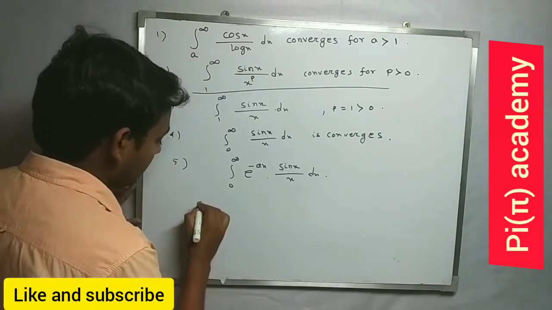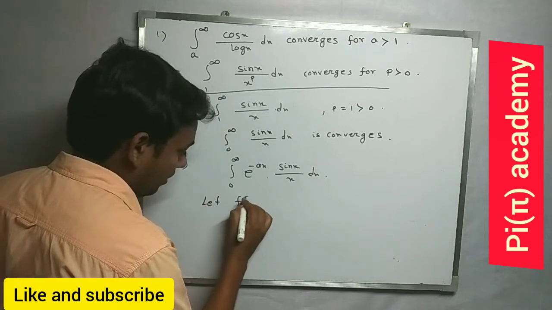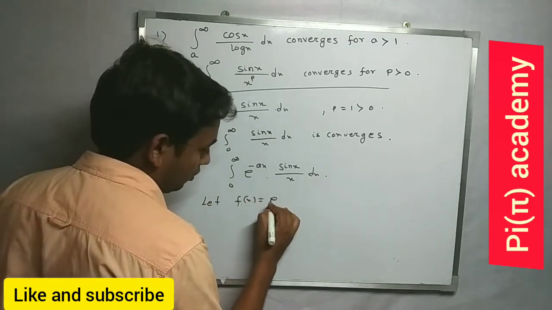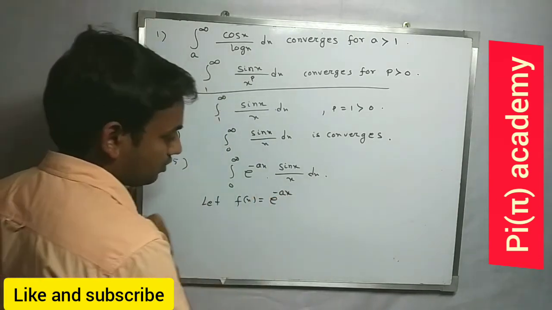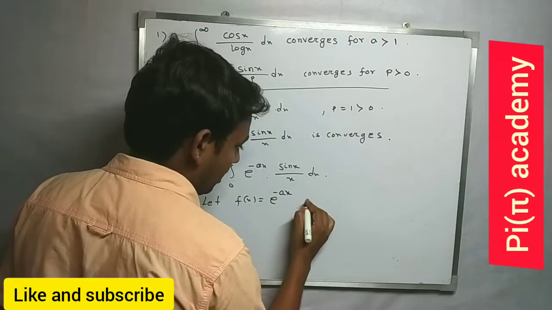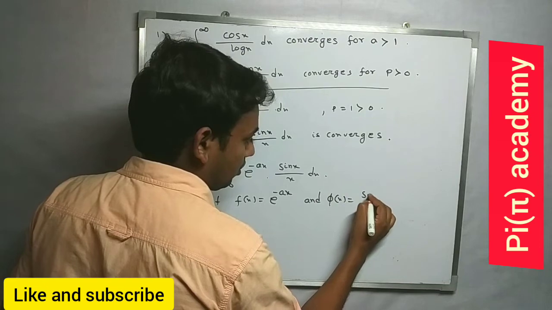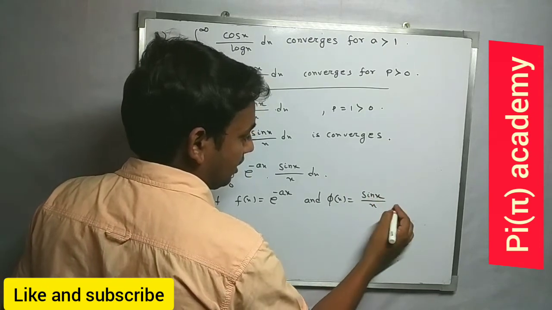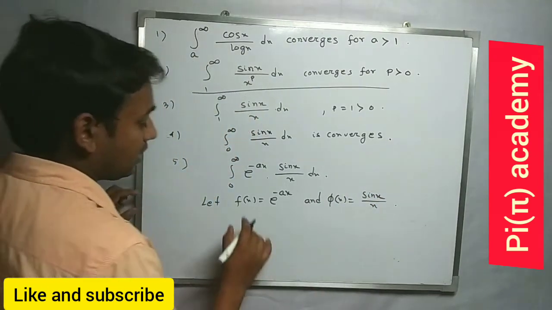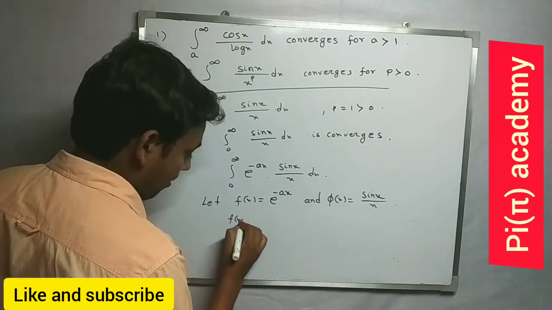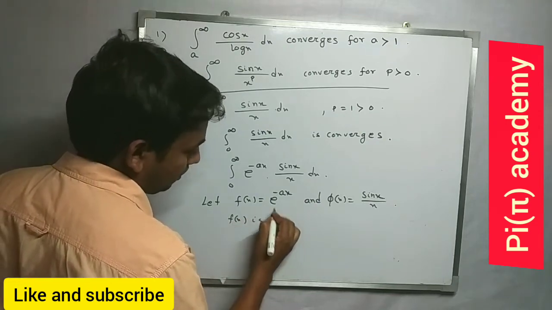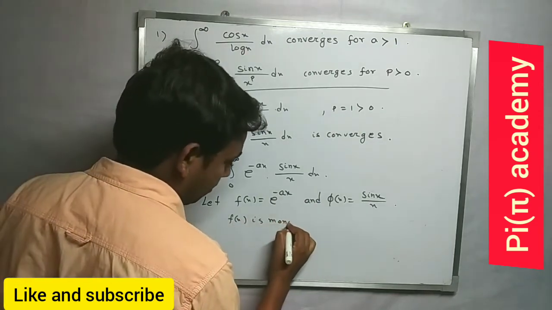To show this, let f(x) equal e to the power minus x and phi(x) equal sin x by x. Here f(x) is clearly monotone